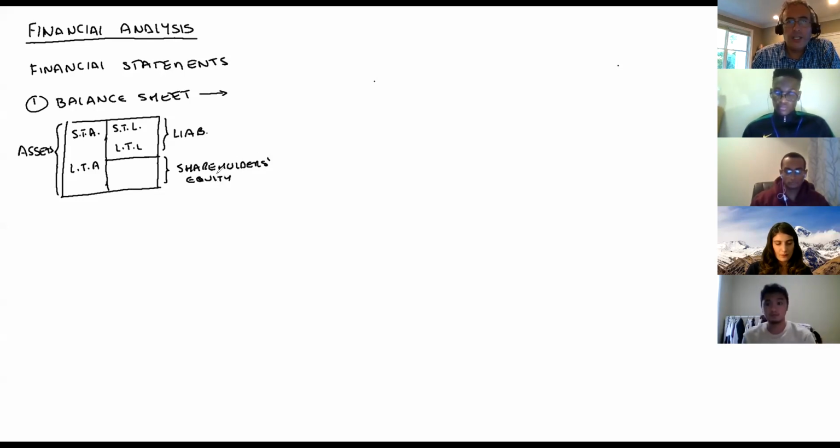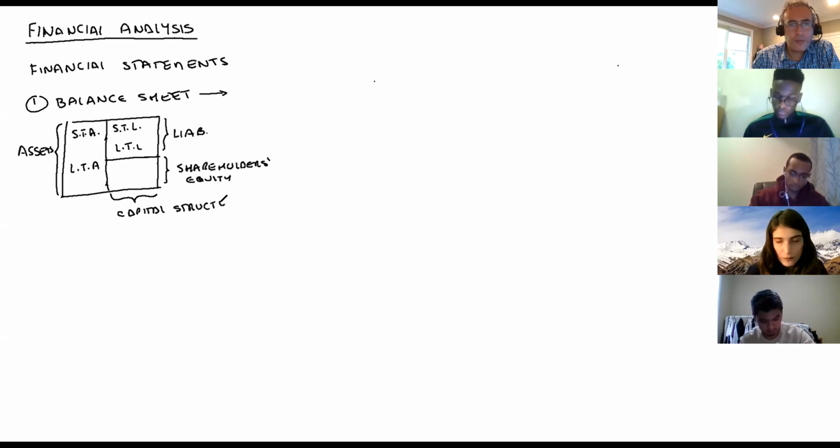Got it? Now, the relationship between liabilities and shareholders' equity, just to let you know, this is called the capital structure. So all this part here. So basically, the relationship can be this minus this, or the ratio of total liabilities to shareholders' equity. This is called the capital structure of a corporation. Okay, so this is basically the relationship